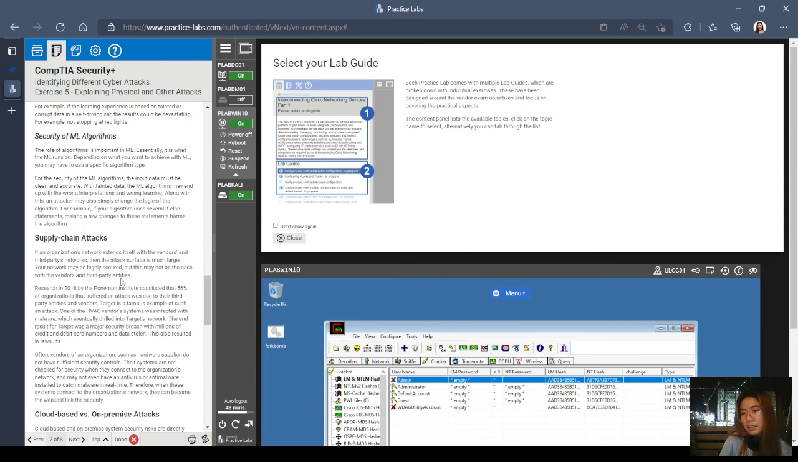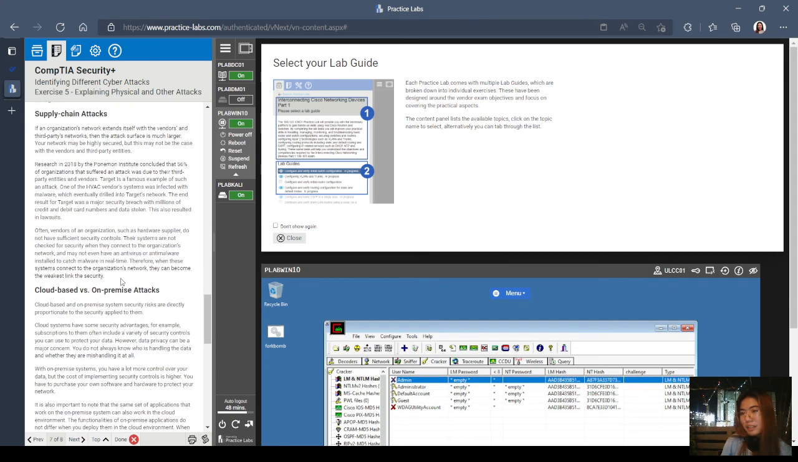Supply chain attacks. If the organization network extends itself into vendors and third parties network, then the attack surface is much larger. Your network may be highly secured, but this may not be the case with the vendors and third-party entities. Research in 2018 by the Ponemon Institute